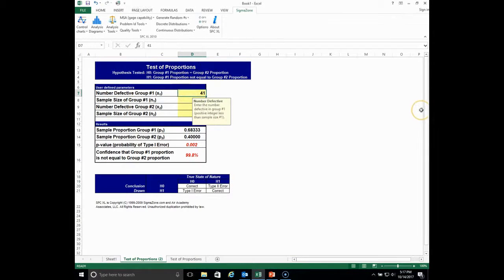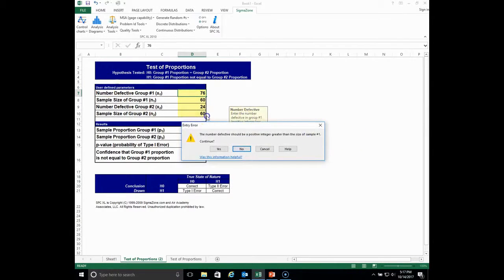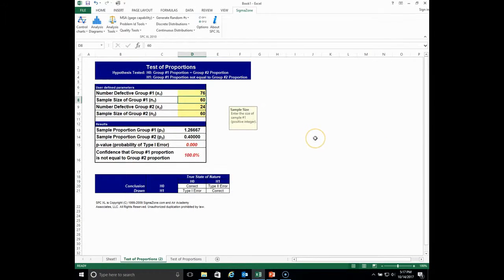The first group, which is 2014, 76 out of, let's move this over here, out of 100. Now notice I'm getting a message. As soon as I put that 76 in there, the software is telling me your numerator cannot be bigger than your denominator. That's what it's saying. Well, I haven't finished putting in my data yet. So I'm going to just click through this, say yes, and